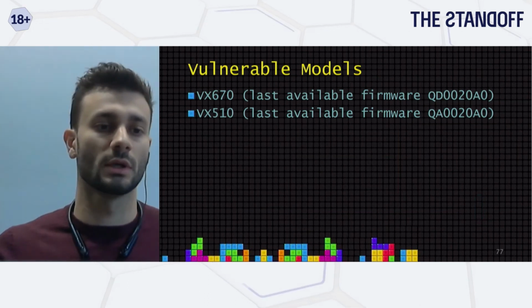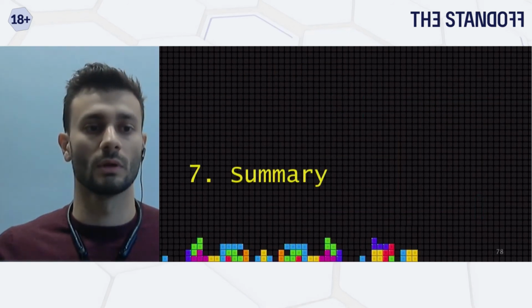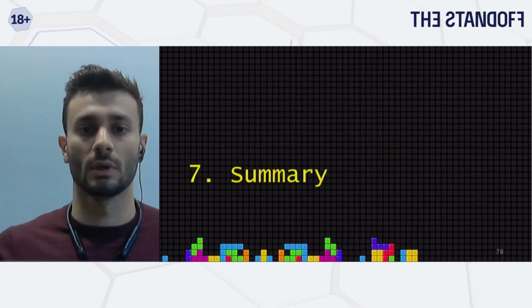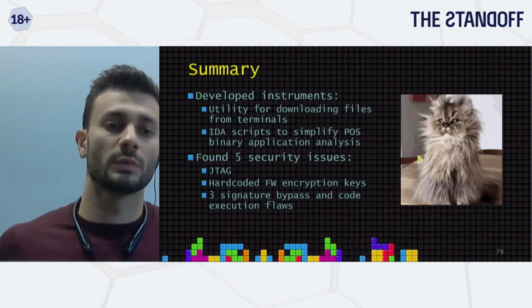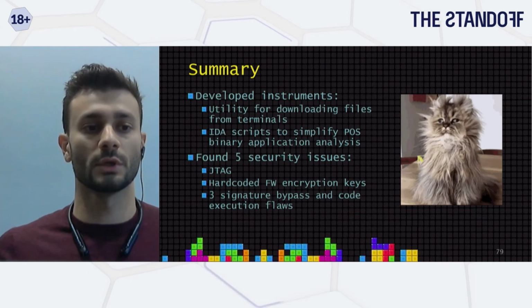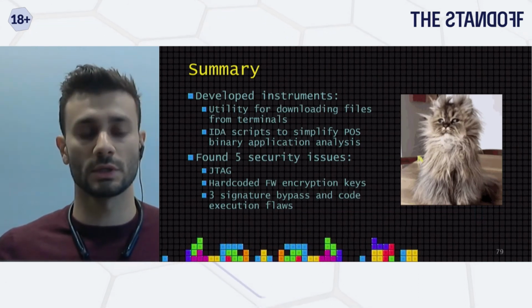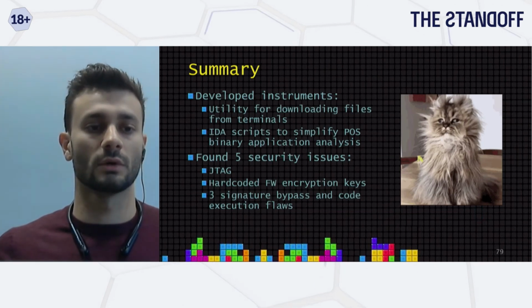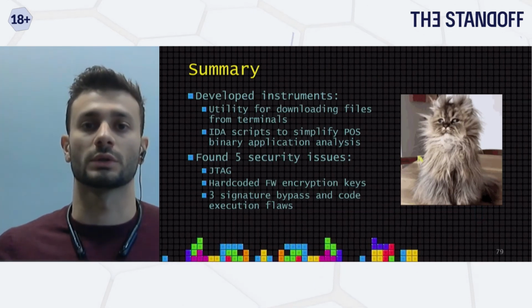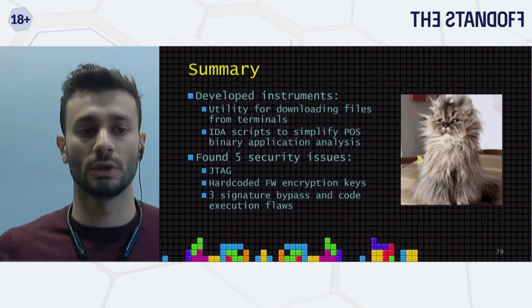That is basically all I would like to tell you, and now let's summarize the research. We developed several instruments, including a utility for downloading files from terminals, IDA scripts to simplify point-of-sale binary application analysis, and found several security issues, including unlocked hardware debugging interface JTAG, hard-coded firmware encryption key, and